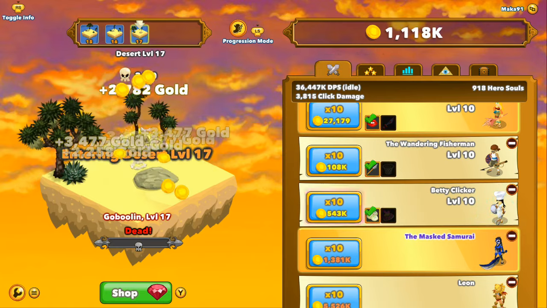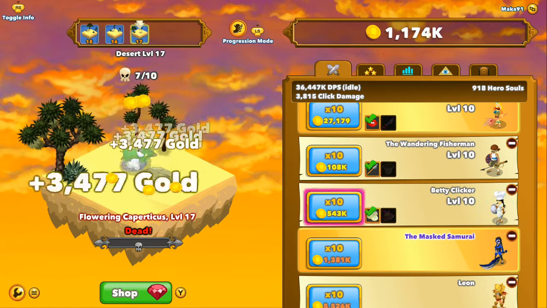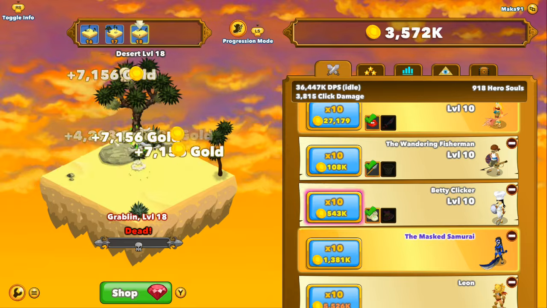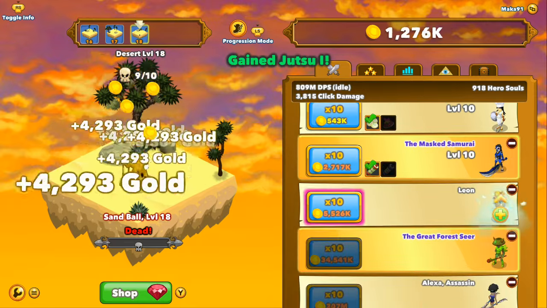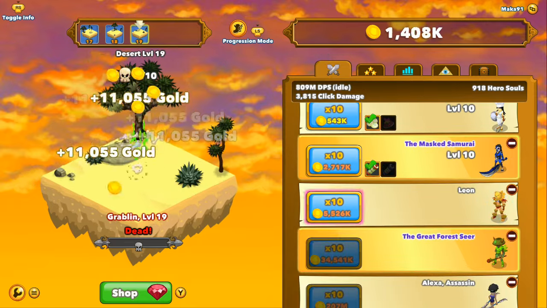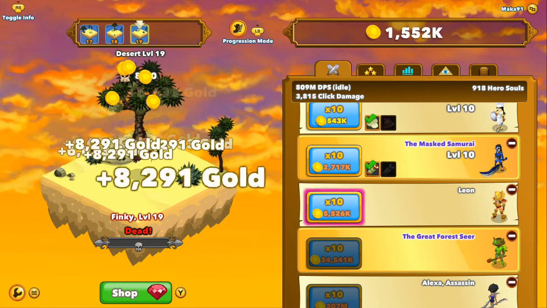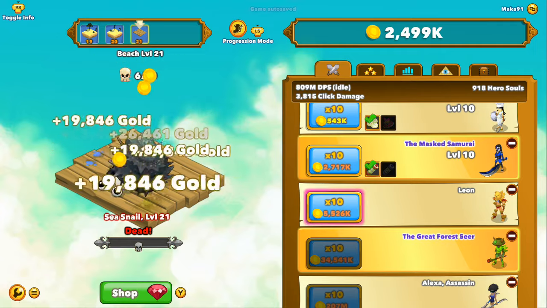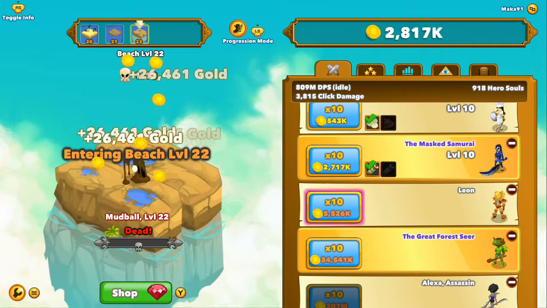So first things first, you kind of have to figure out what the point of the game is, what you're trying to do when you first get started. And the point of the game when you first get started is to ascend. What ascending does is it restarts the game back to level 1 and banks all of the hero souls